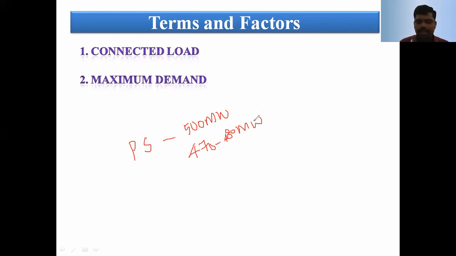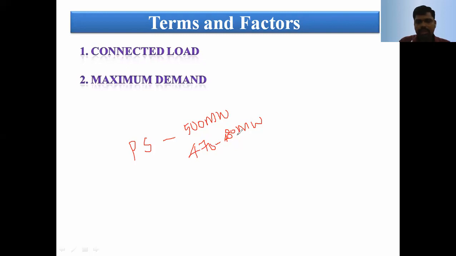After that, it comes back from the actual position. The peak load is reflected only on average 4 to 6 hours per day, but sometimes 6 to 7 hours also. Base load means throughout the period the load is maintained constant: in a day, 24 hours; in a month, 30 days; in a year, 365 days. That is the base load.